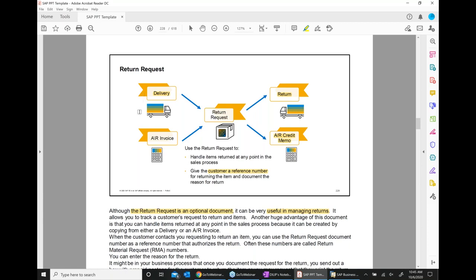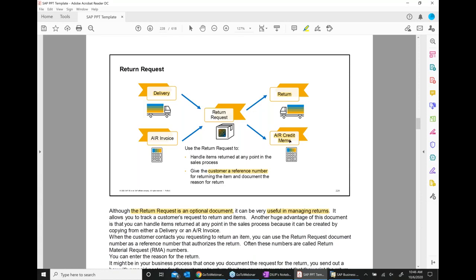So we have a delivery, then do a return request. Then I have a customer invoice, and from the customer invoice, we can create a return request. And if you see here, there are two different boxes. If you see the difference, here one goes to return, and the second goes to credit memo.